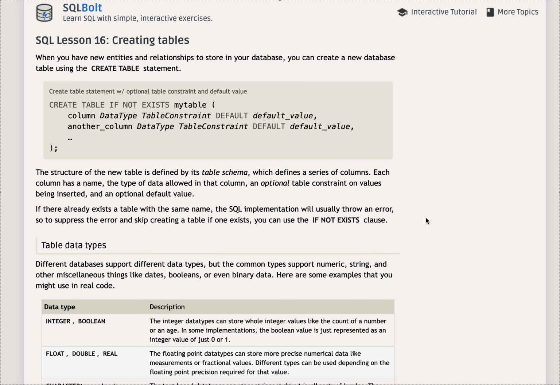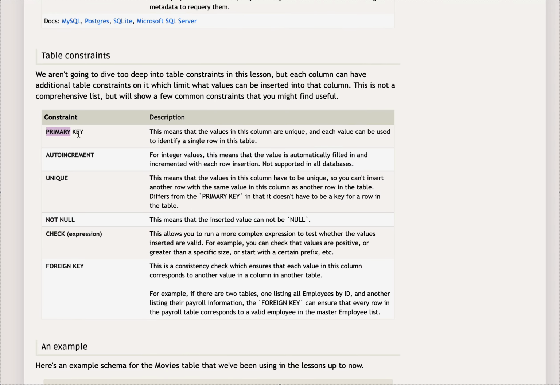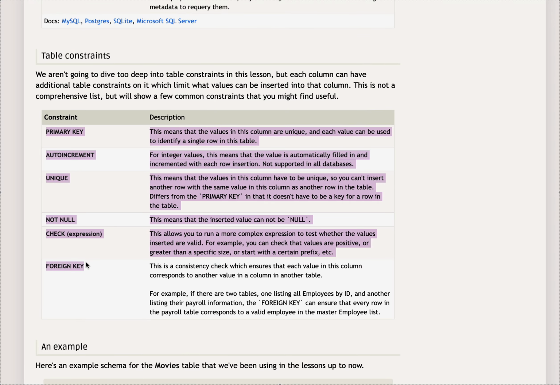Create table movies, id integer primary key, title, and so on, right? You write id, then the data type, and then whatever the constraint is, like primary key and all. These are the constraints: primary key, auto increment, unique, foreign key, right? And these are the data types,